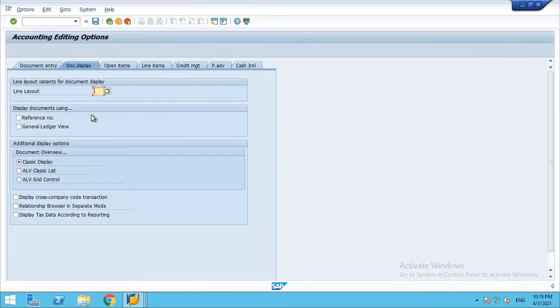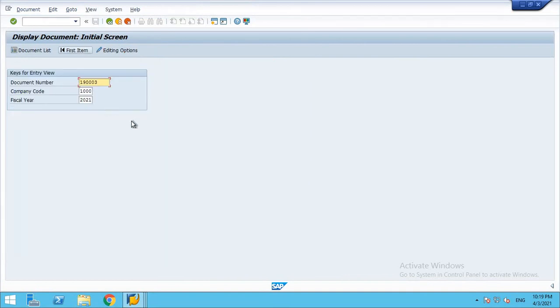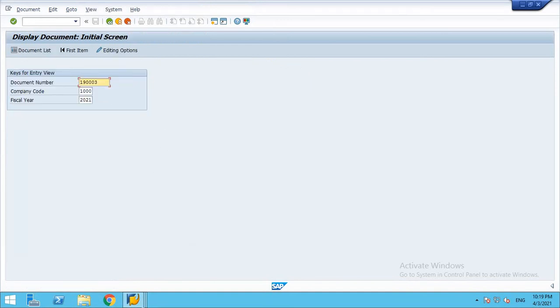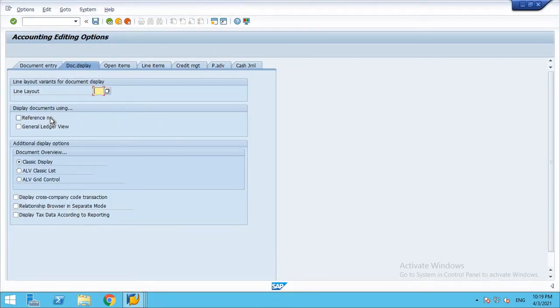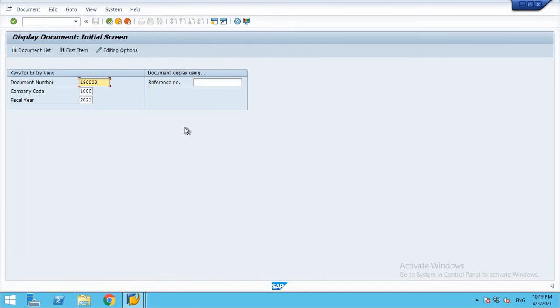Now let me go with one more: display document reference number. The transaction code we use for displaying a document is FB03. If I go with this document, my document number is 190003. Now let's see what change comes if I select this option. I saved and I'm going back to FB03. Now you can see one more button came.